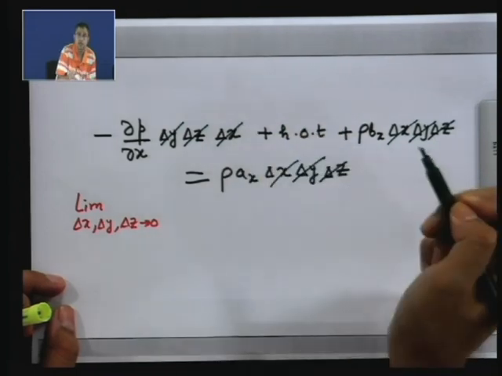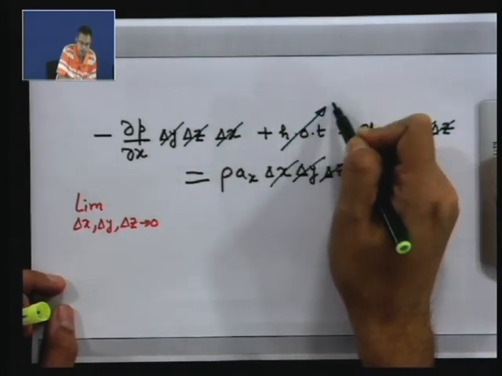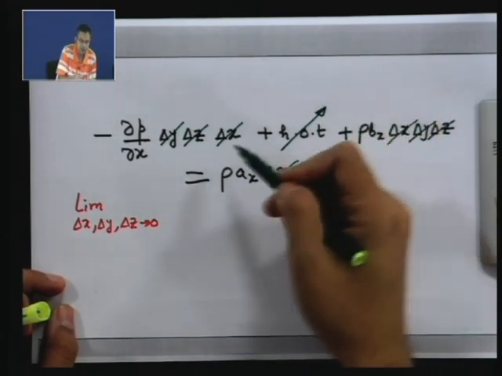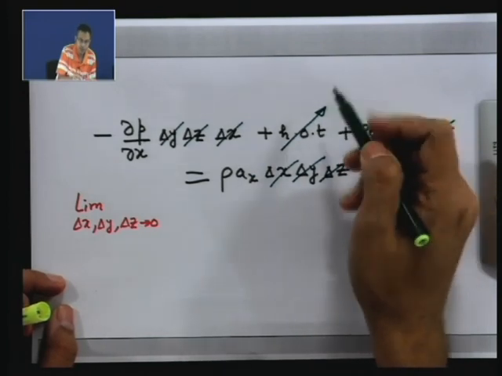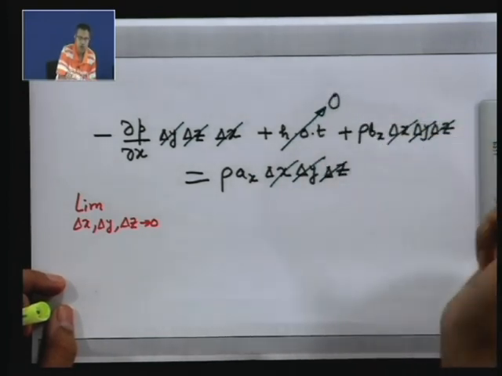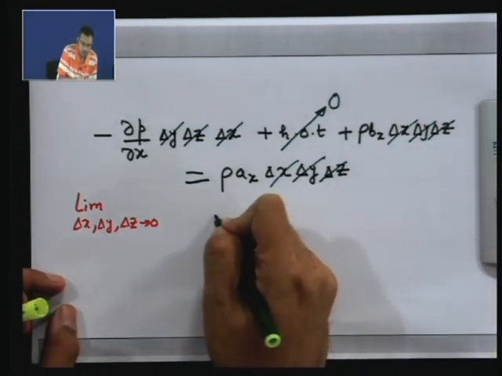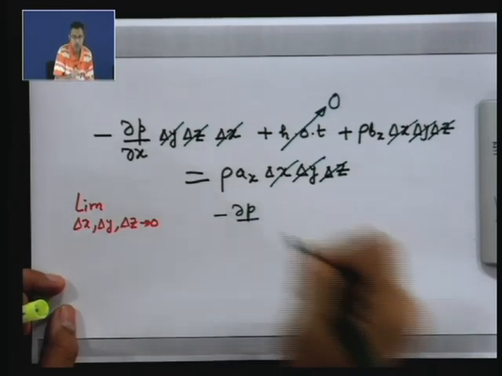So, you can cancel them from both sides, and then the higher order term will contain still some delta x, delta y or delta z in addition to this product. So, if you take the limit, you will have this higher order term equal to 0. So, in the limit you have minus